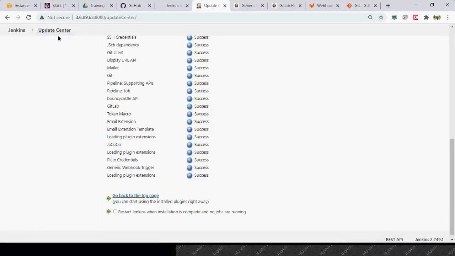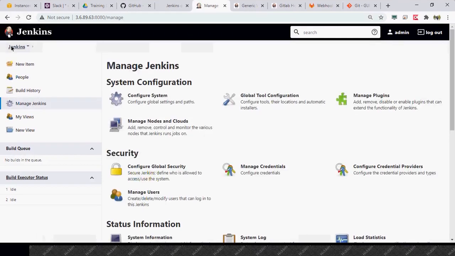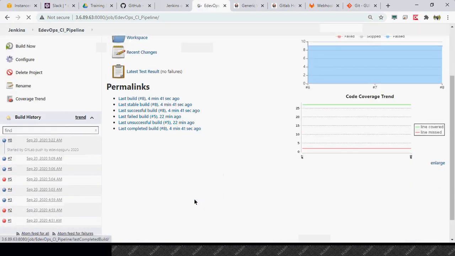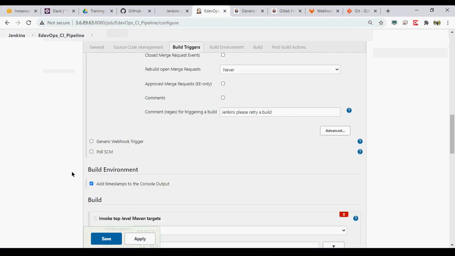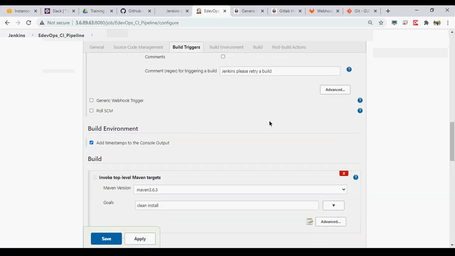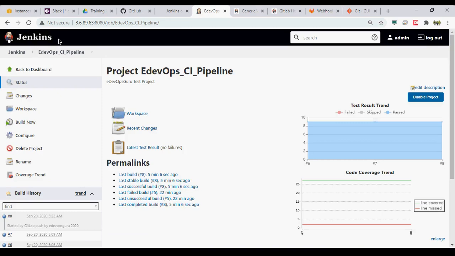Now pipeline, configure here, then you will see some other... this is not needed. Okay, so let's leave it. We will cover in coming sessions how we can pass different variables.